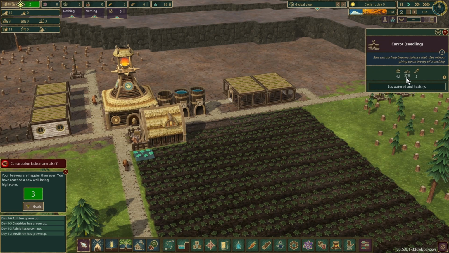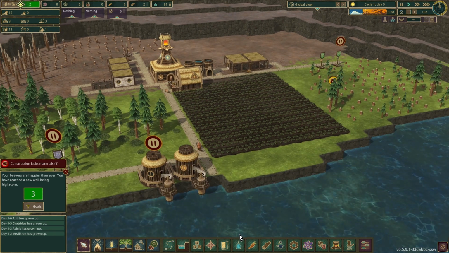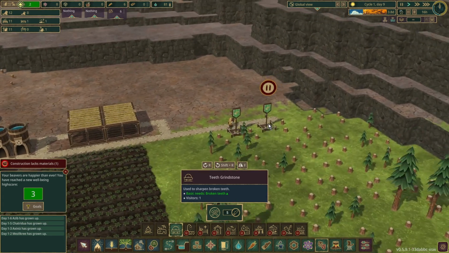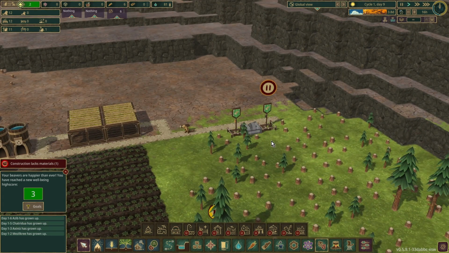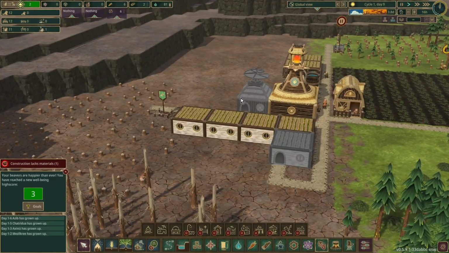Carrots-wise, yeah, we've got a couple of days before they come in. Oh, we need a... Where are we? We need a grinder. There we are, a grindstone. We'll pop that... Might as well pop that there between the two lumberjack flags. Obviously, our inventor isn't in, and the last...